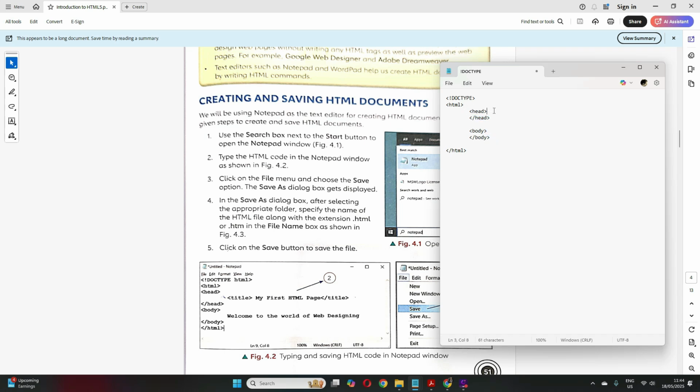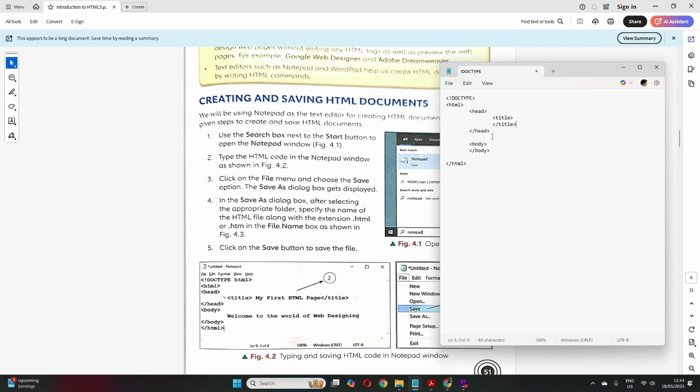Now within head we will have title, so I'll give a tab, and always write to maintain this format, like give a tab and indented format. Like under HTML, don't write head here only. This will not look good, right? So always under HTML you have head, so always indent it, like give a tab and write it here. Now I have a title under head, so again I'll put a tab, I'll write title. Again, title is a container element, so I'll write the end tag also.